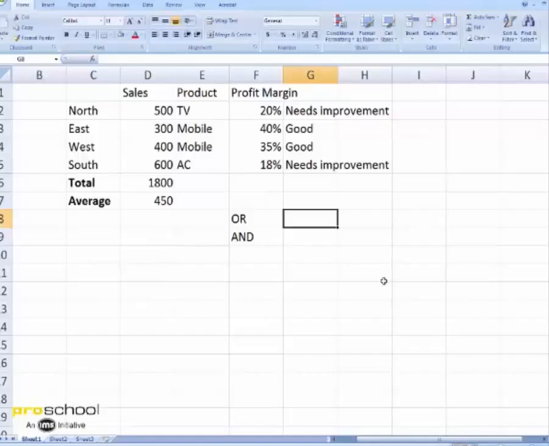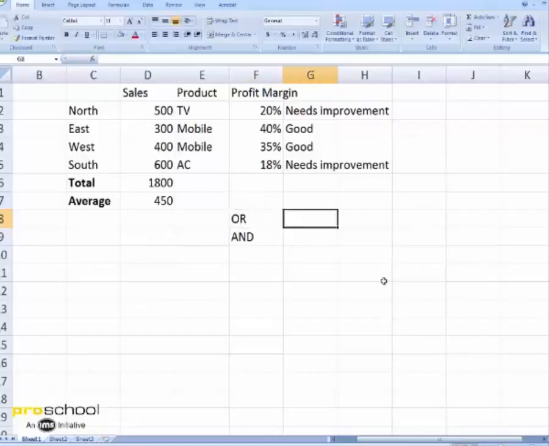As we know, when I talk in normal English and I say two conditions, I can use the or or the and. If I say I need this or this, it means I'm okay with one or the other. If I say I need this and this, it means I need both. In the same fashion, even when I use the or and the and operators, it means the same.